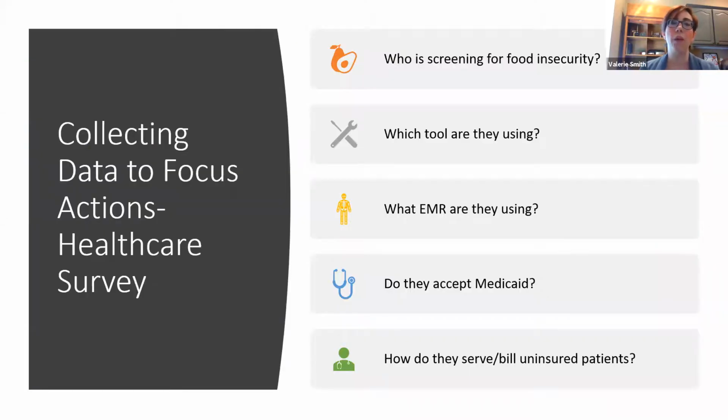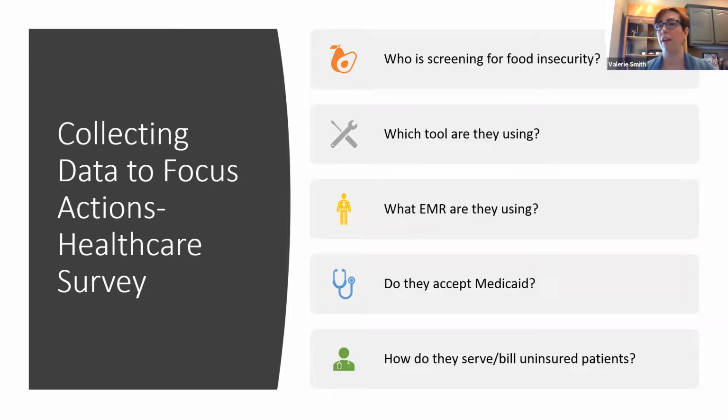And then we knew that we wanted to create a food bank healthcare partnership. We had some funding that we'd obtained, but we knew a lot about my clinic, right? But we didn't necessarily know a lot about all the other clinics. So one of the things that we did is just made outreach as we were forming our healthcare work group and ensuring that we had organizations from each of our healthcare entities in our community who were participating in that work group. And we just had them do a really simple survey.